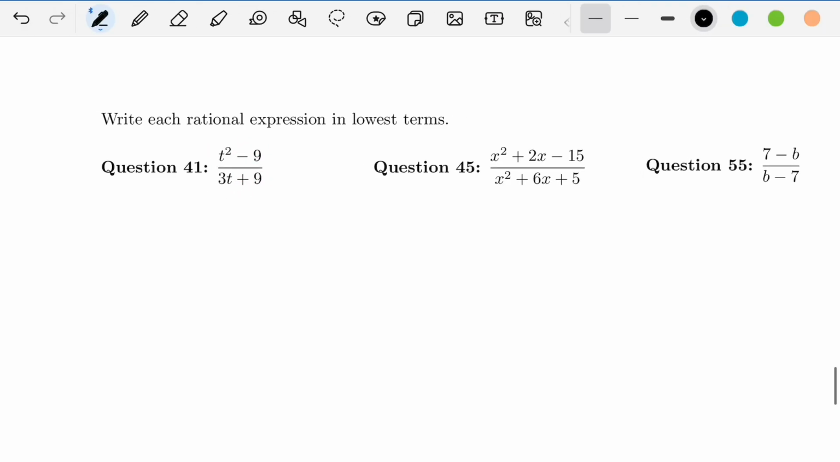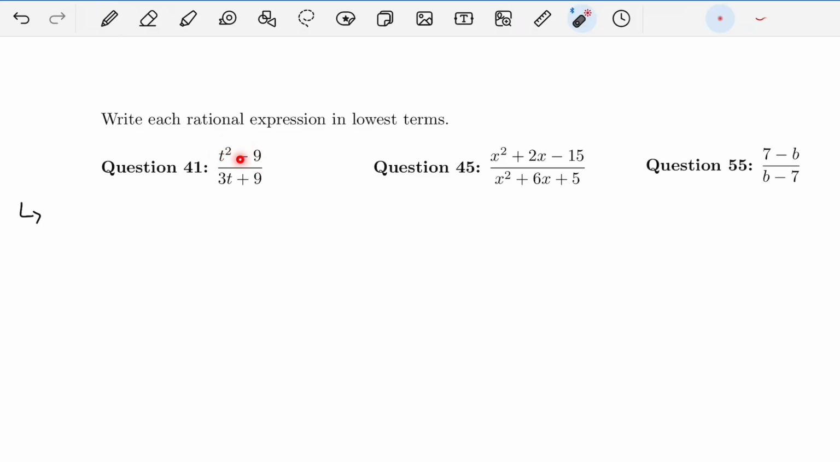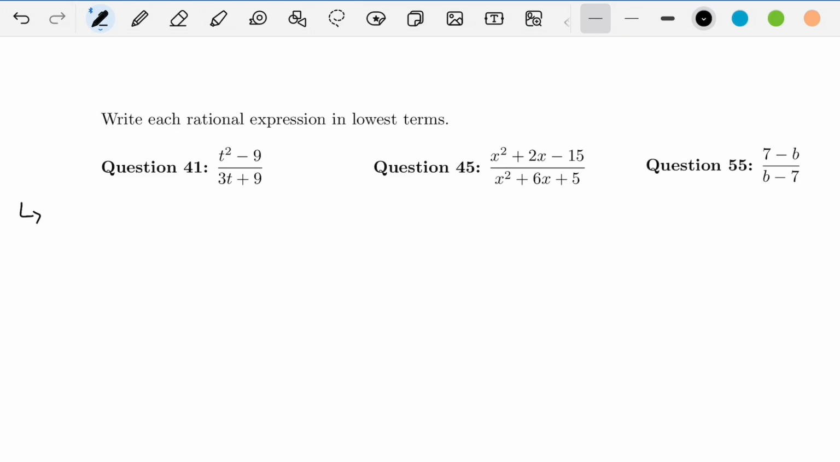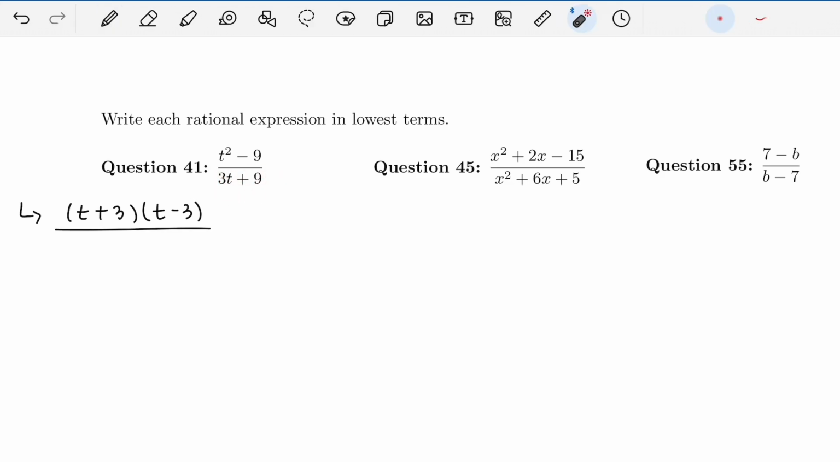So for this first example, notice that we have a difference of squares. We have t squared minus 3 squared, which is 9. So the top of this rational expression here, this numerator, can be factored to t plus 3 times t minus 3. All right, and then notice in the denominator, we have 3t plus 9, so both of these terms share